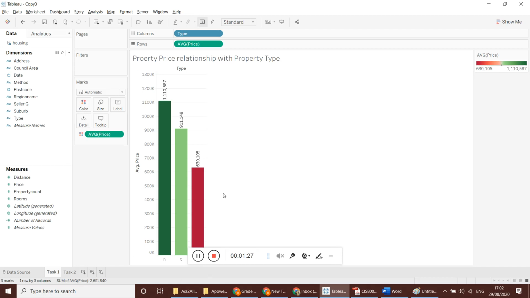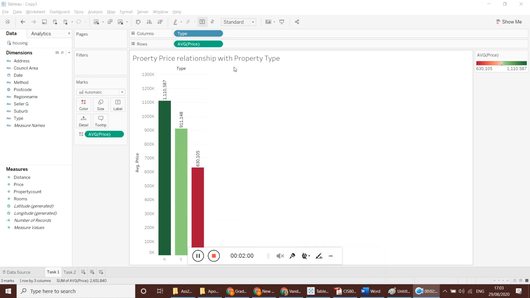This information should be explained in such a way that when the relationship is established between the type of the house and the average price of the house, with respect to the particular type of house, it is identified that the house type of property has achieved the largest value, and the unit type of house got the least value. This should be explained with the number of the value of the average, right?